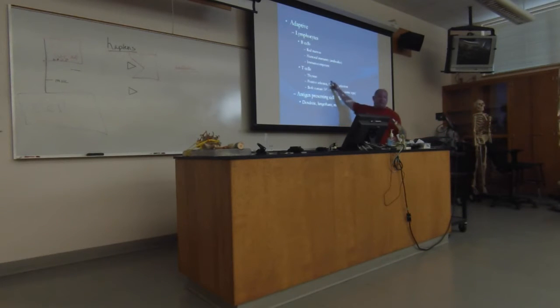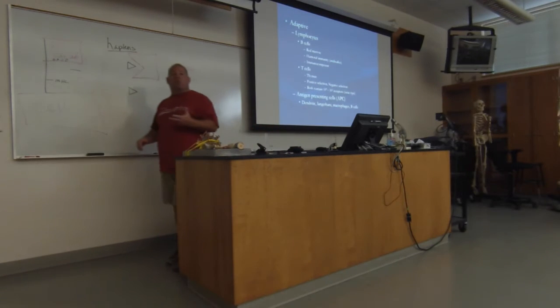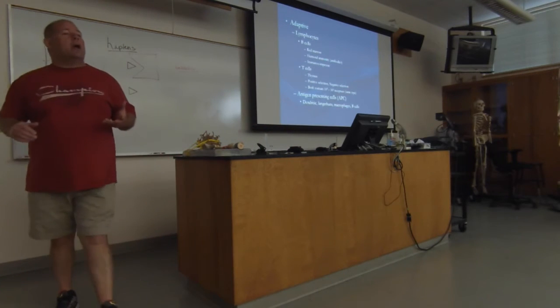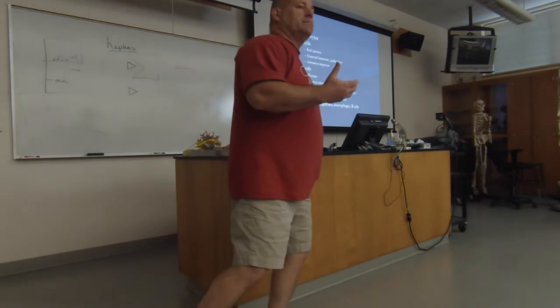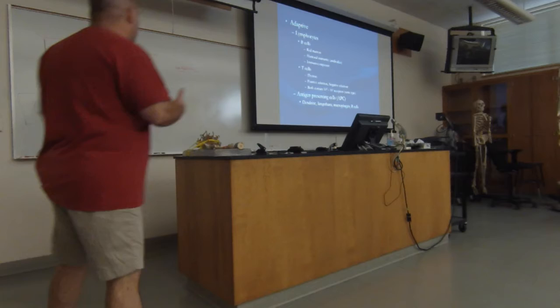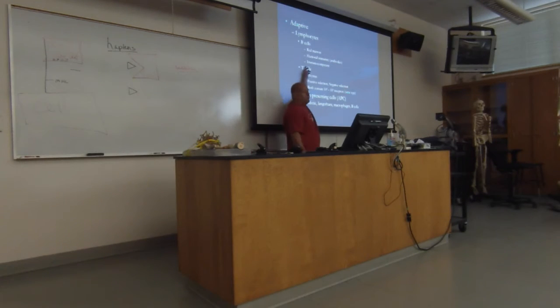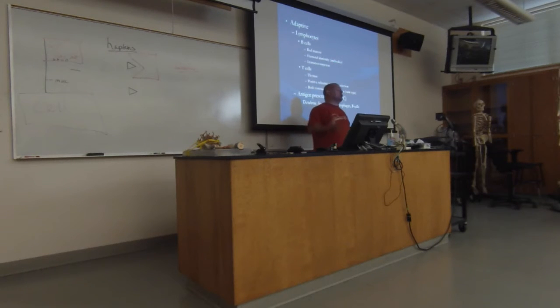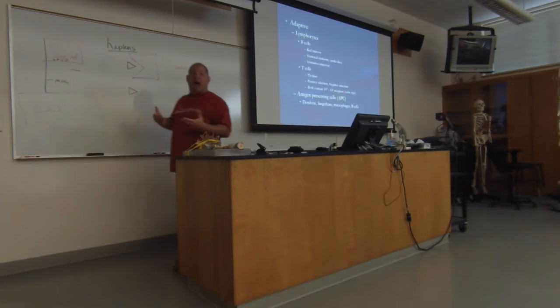Whereas the T lymphocytes, they're from a wealthier family. They're born in the red marrow, and they're going to go to boarding school. Boarding school is in the thymus. So they get shipped off to the thymus to become immunocompetent. Remember, immunocompetent is for both of them. It just means I know my job. I know what cells I'm supposed to be looking for. But I have to learn how to do that.